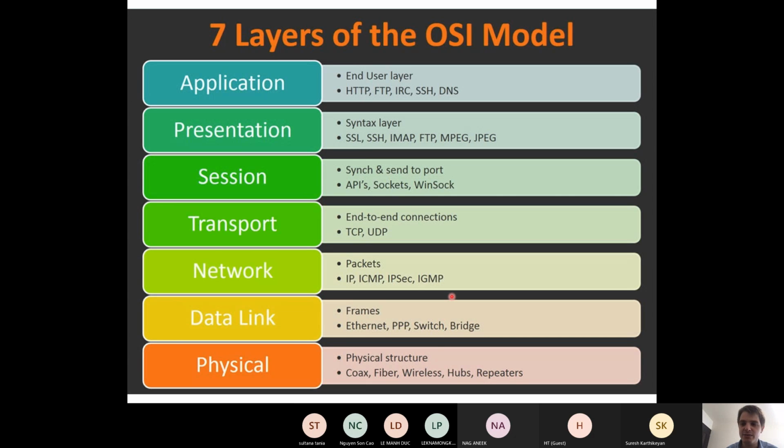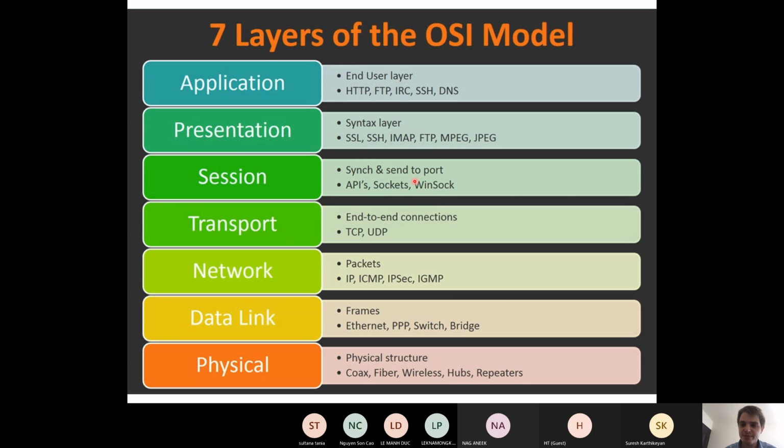There's the network layer, which is responsible for packet forwarding and routing. So this is where, for example, the IP protocol comes in and so on. And there's the transport layer, which is responsible for the end-to-end connections between computers. So this is where TCP and UDP are some keywords.